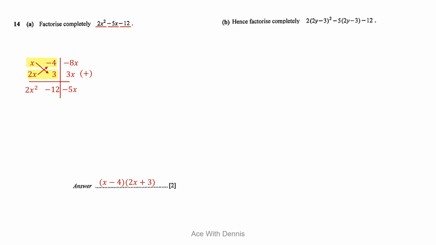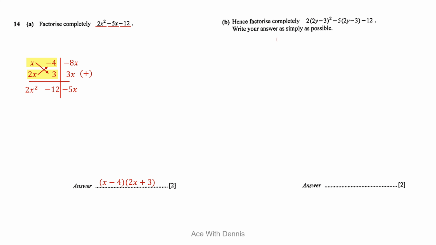B. Hence, factorize completely 2 times 2y minus 3 squared, minus 5 times 2y minus 3, minus 12. Write your answer as simply as possible. 2 marks. So to factorize this expression, the keyword here is hence, which means you have to use the answer from part